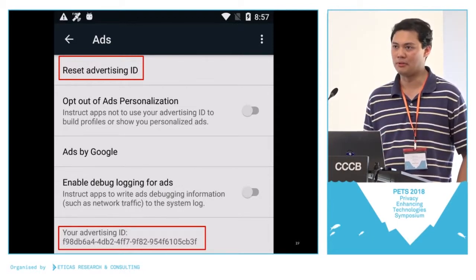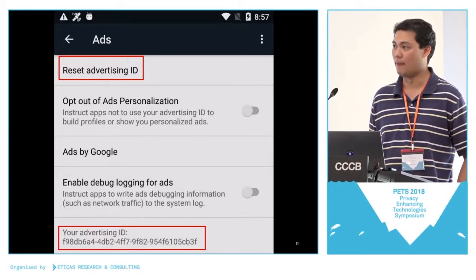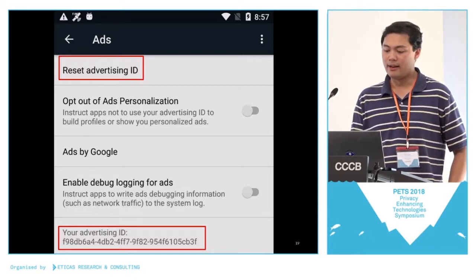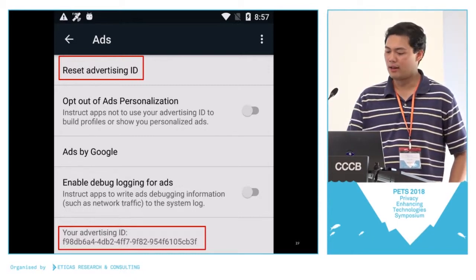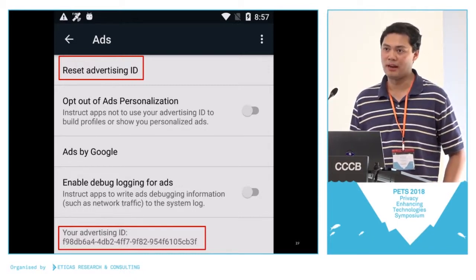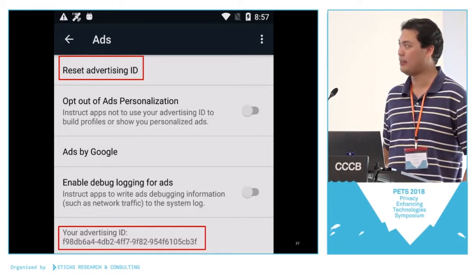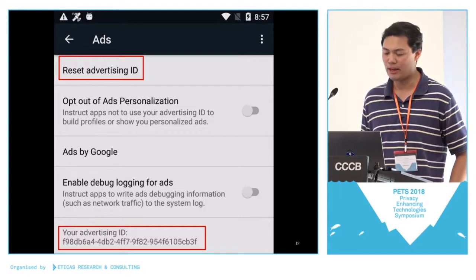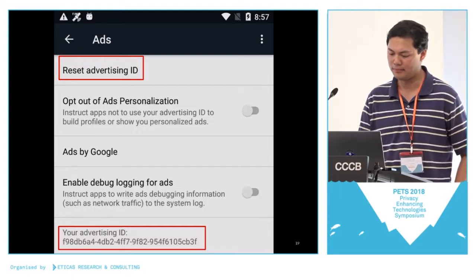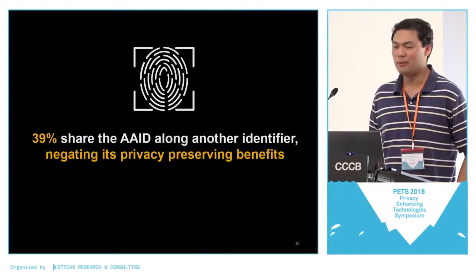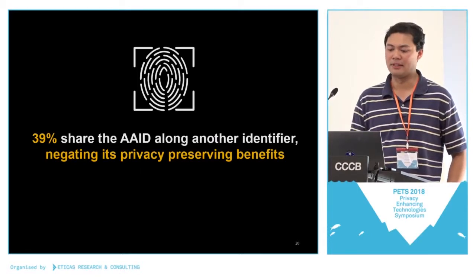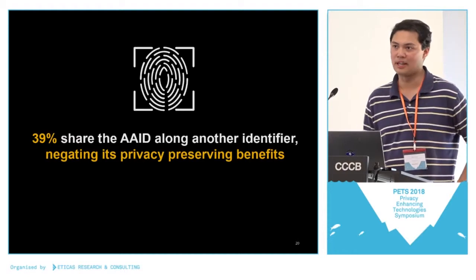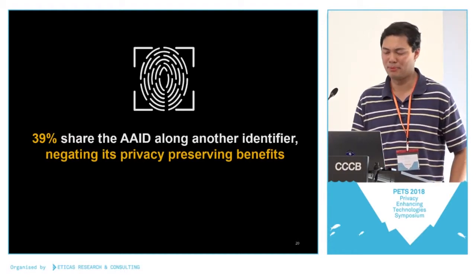That allows users a little more control over how advertisers track them. Since then, Google has required developers and advertisers to use the AAID in lieu of non-resettable identifiers such as the IMEI or the Wi-Fi MAC address. Still, we found a large chunk of DFF apps sharing the AAID alongside another non-resettable identifier, which totally defeats